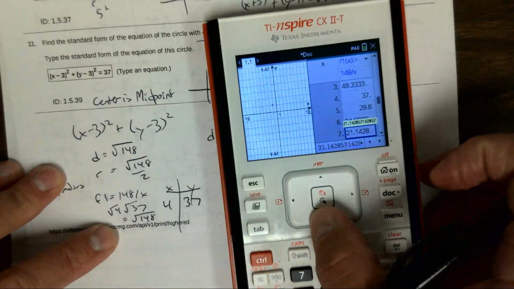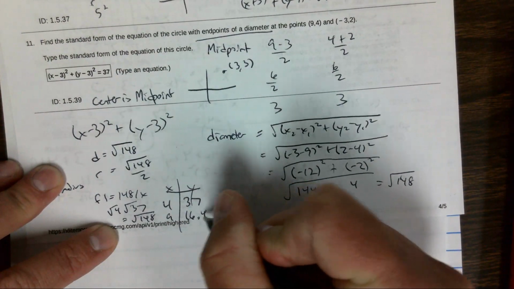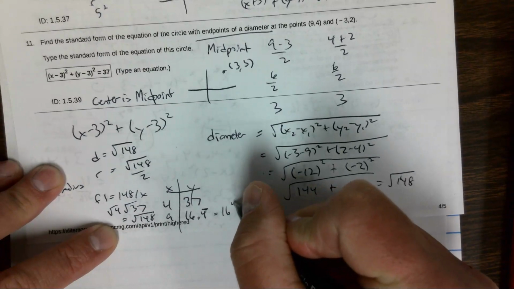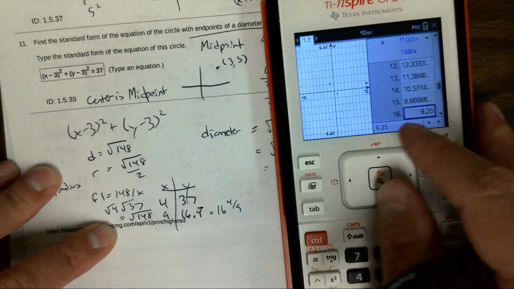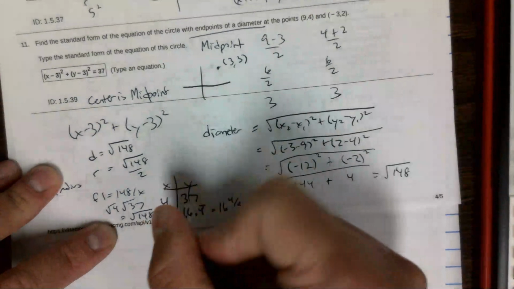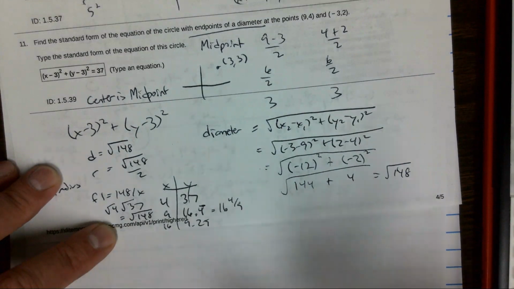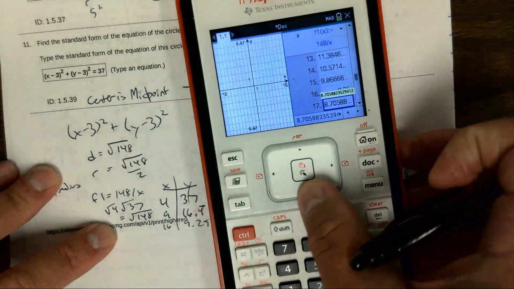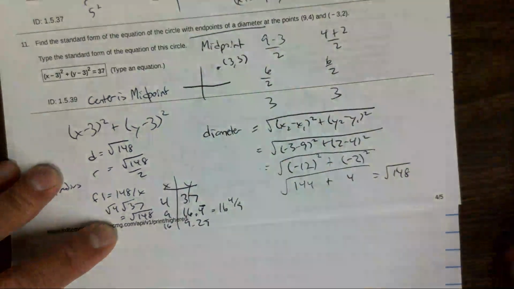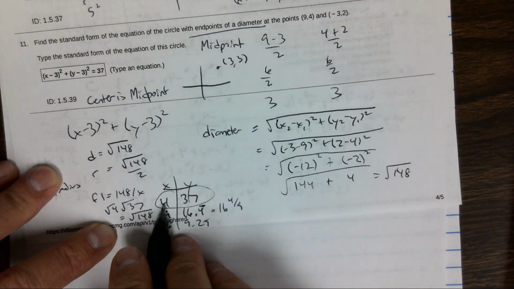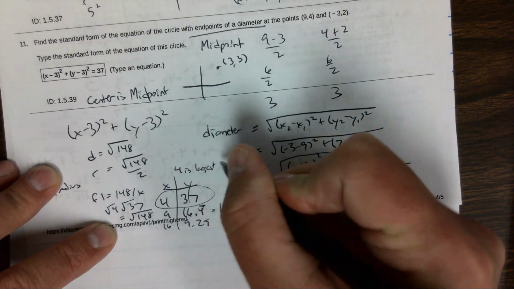Now, if we went to 9, we've got 16.4 repeat, which is 16 4/9. If we go to 16, we get 9.25. So none of these others are working, and 25 won't work either. That's 5.92. So we have to use this one, which is the largest perfect square. 4 is the largest perfect square